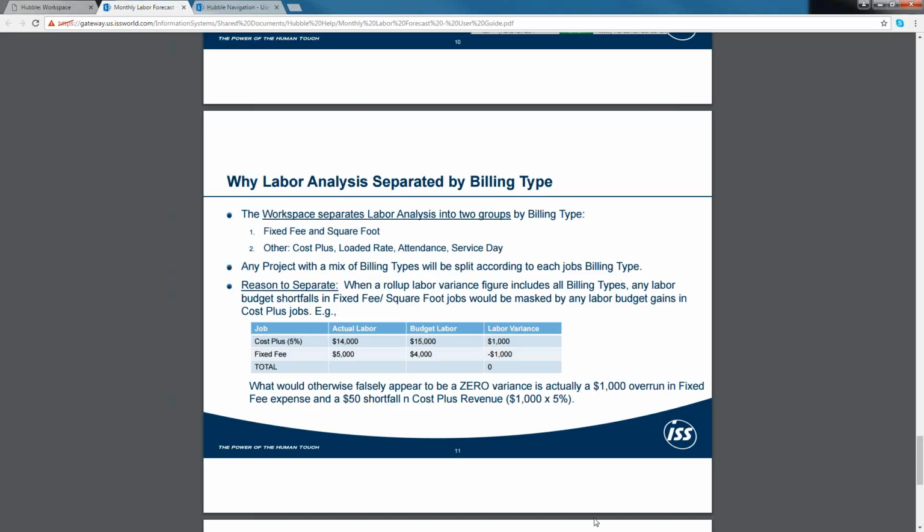Now, the big reason to separate the 2 here is that when you roll up the labor variance figure including all billing types, any labor budget shortfalls in fixed fee or square footage jobs would always be masked by the labor budget gains in a cost plus, loaded rate, attendance day type job. So the example I have here in this little blue spreadsheet shows that if I had a cost plus job and a fixed fee job in the same project together, the cost plus job, making a 5% markup,